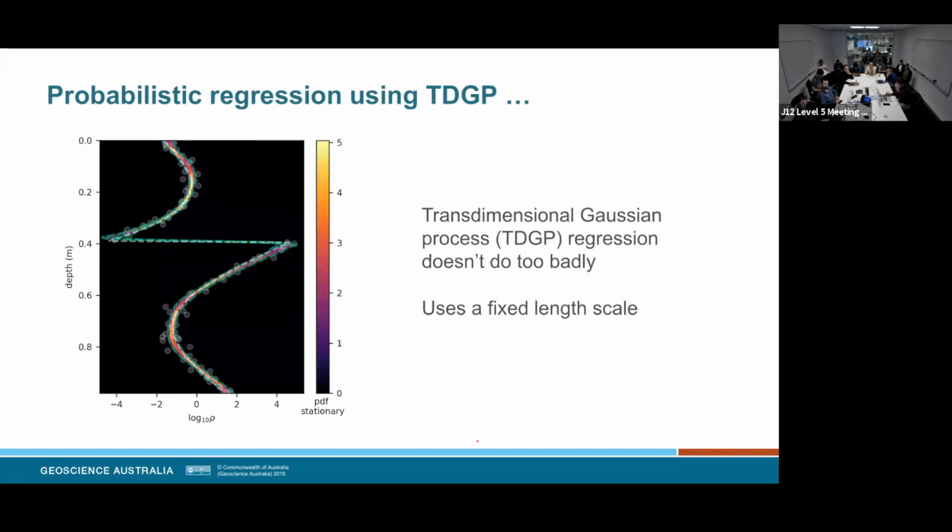And so you can do probabilistic regression using just non-nested, simple trans-dimensional Gaussian processes, where you're placing the nuclei and then figuring out the mean of the Gaussian process. You're doing that a whole number of times and you're marginalizing, and what you're seeing are the uncertainties over here. Darker colors correspond to high uncertainty and brighter colors correspond to high certainty. And you can see that even with a fixed length scale, you haven't done too badly, which is surprising, right?